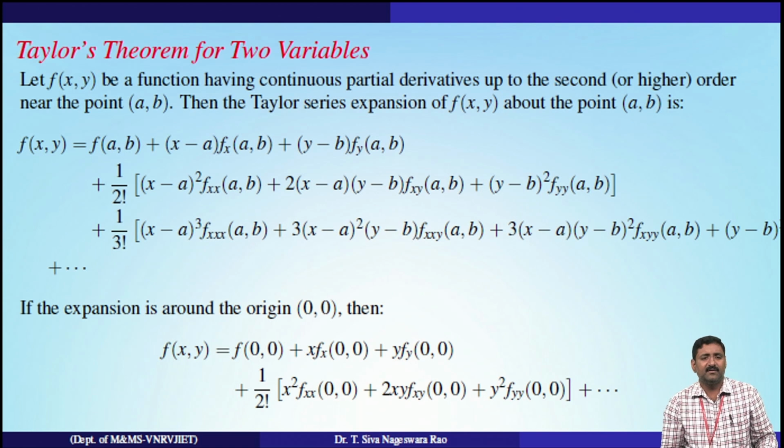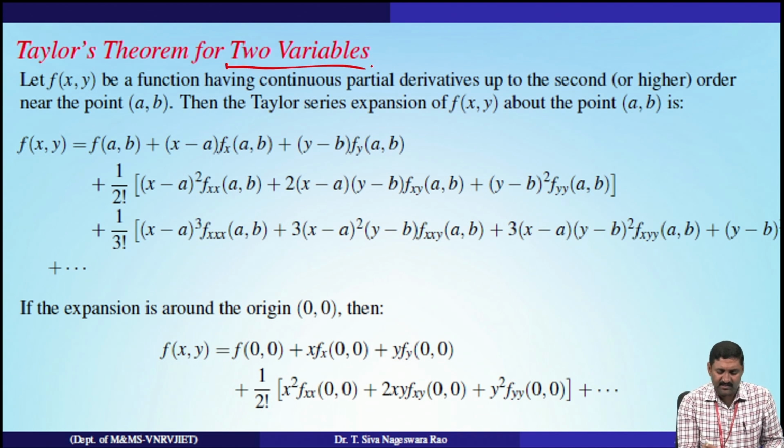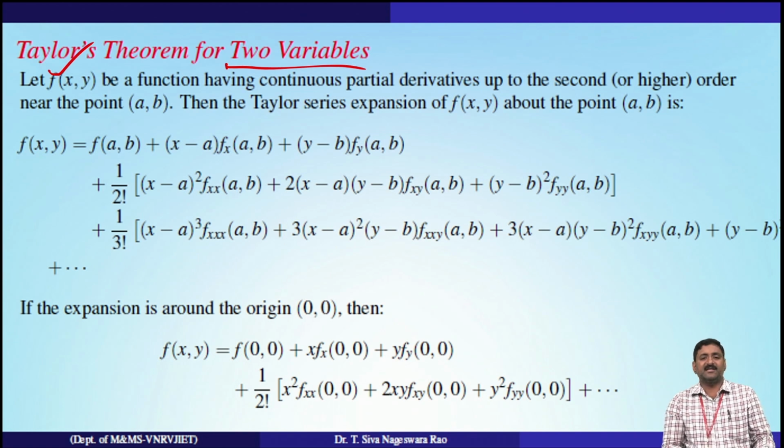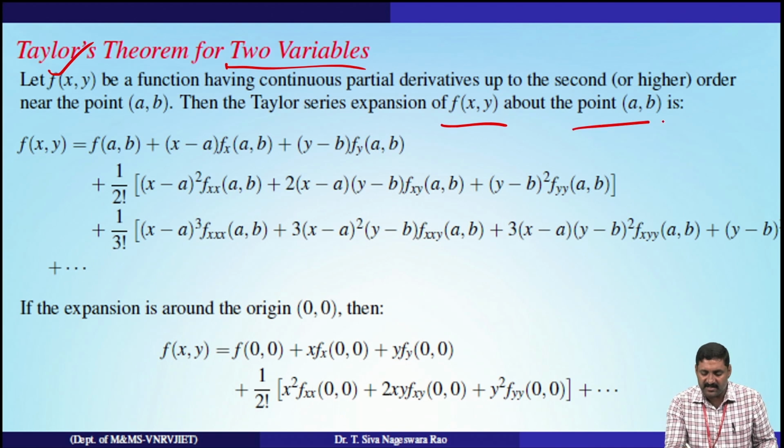Next, we will see about Taylor's theorem for two variables. Now here, anyway, we are taking two variables. So my function involves two variables, x and y. Let f of x comma y be a function having continuous partial derivatives up to second order or higher order at a point a comma b. Then the Taylor series expansion of f of x comma y about a point a comma b is given by